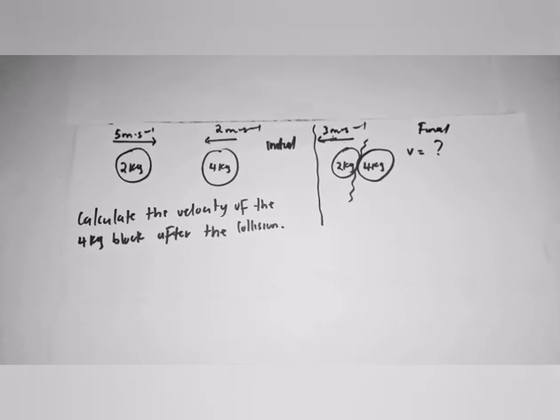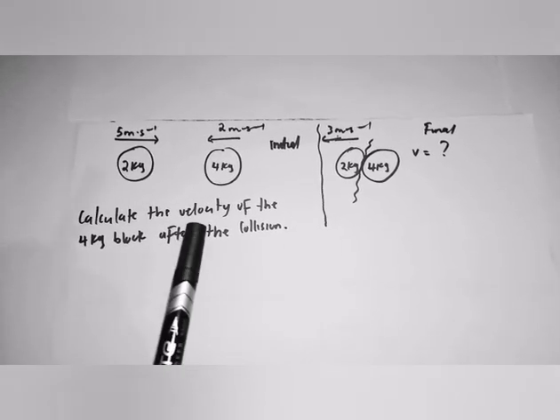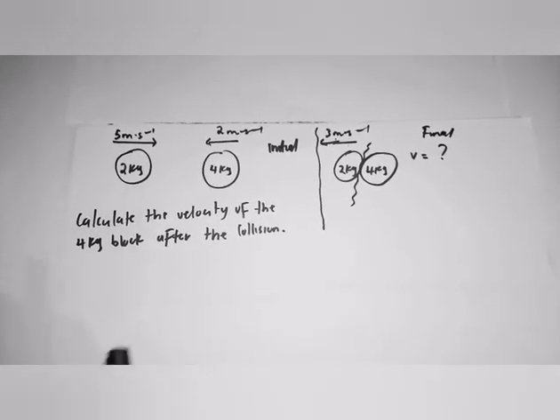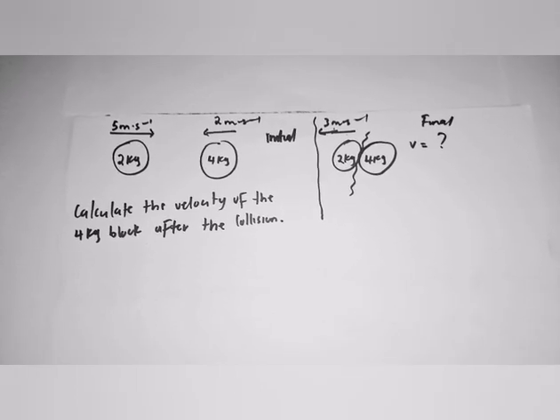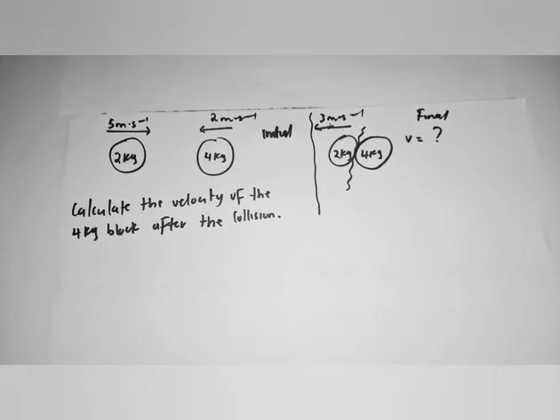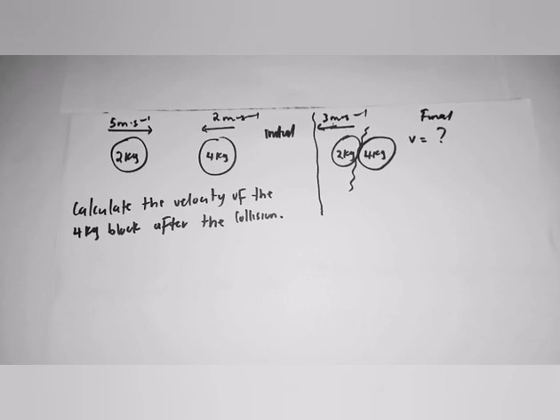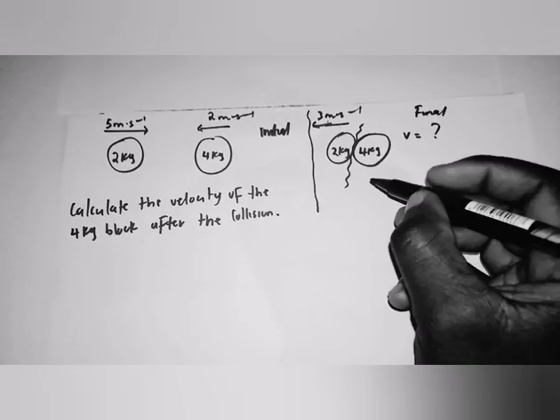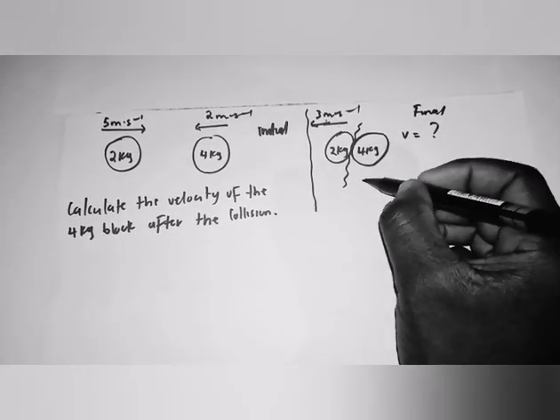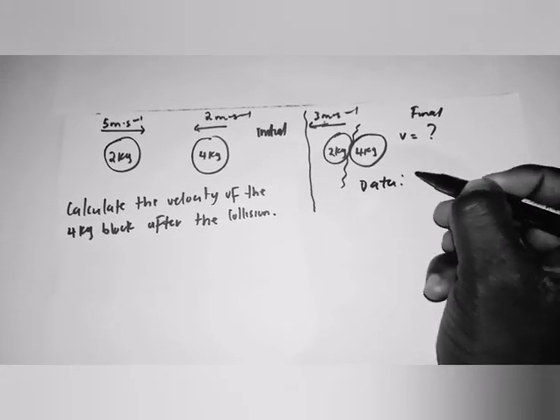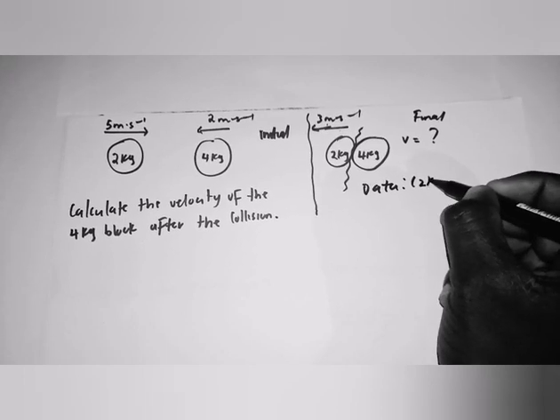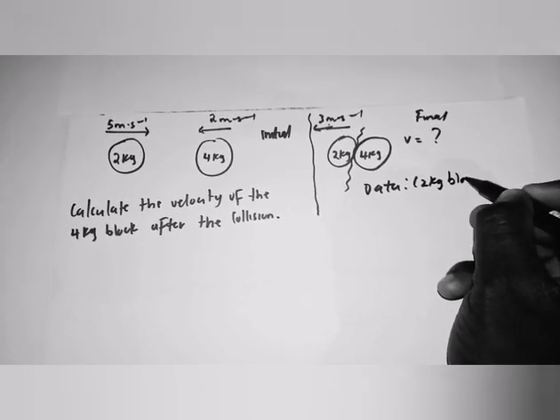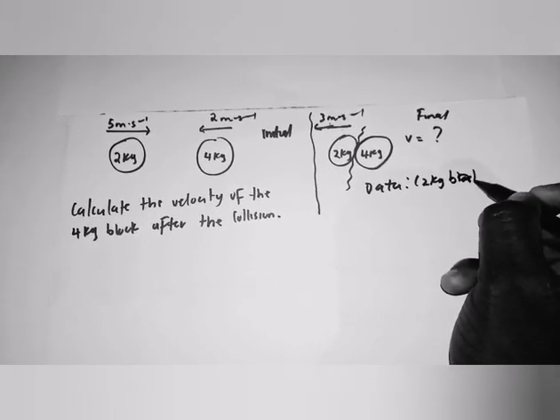Now you can see that they move separate before and after, which means I must use the first equation from the three equations that I wrote for you there, guys. Now they say calculate the velocity of the 4 kg block after the collision. The first thing you must do, you must collect your data. For the 2 kg ball, not block, ball,